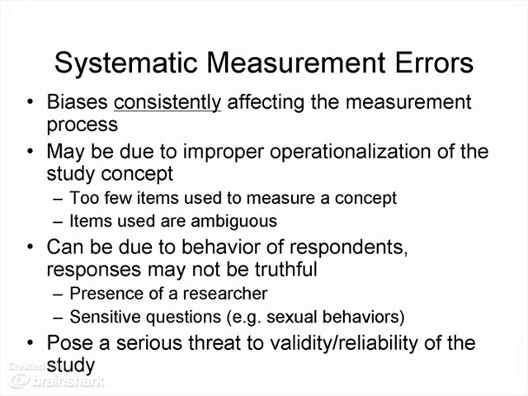Of the two, a systematic error is probably the more serious. One happens by chance and one is a problem. The one that happens by chance is a random error. Systematic error indicates there's some problem in the process or the manner in which you decided to measure your variables. It might be that it's not operationalized properly, there aren't enough different ways that you're measuring your concept. It might be that there's something about the researcher or the way the questions are asked that bias the results, but it's a systematic problem